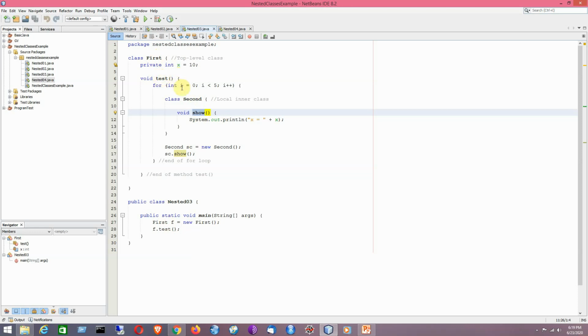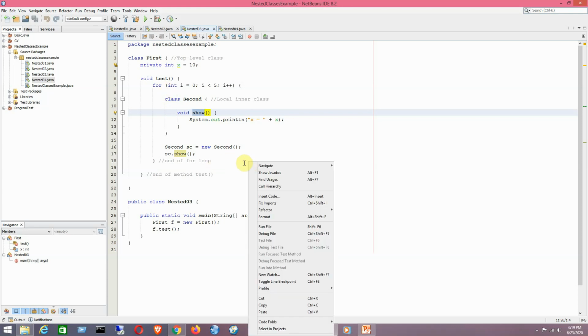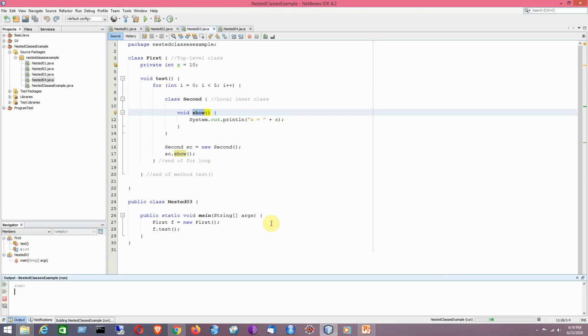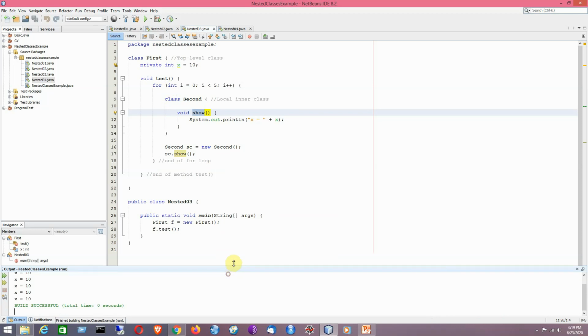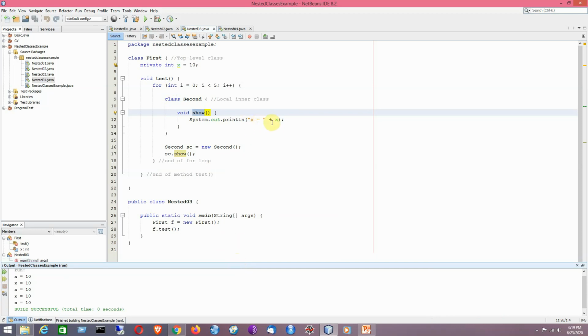The class second as well as the code that creates an object and calls this method is part of the same loop. So it will just repeat its function, this particular statement will be repeated 5 times because that is the construct of the loop. In that way this particular statement will get printed.